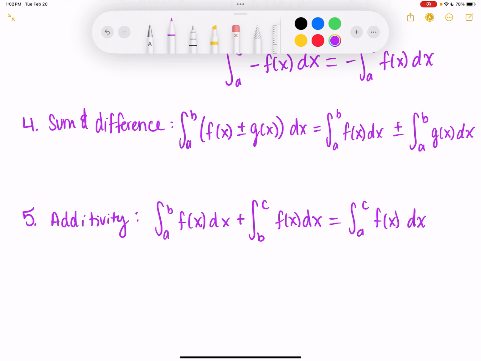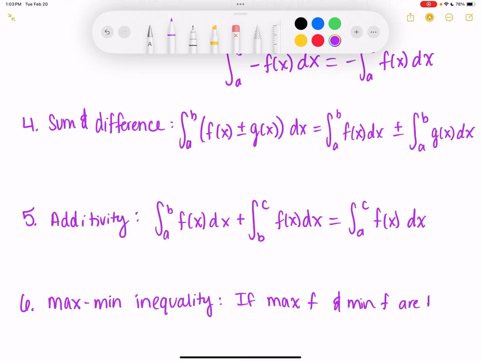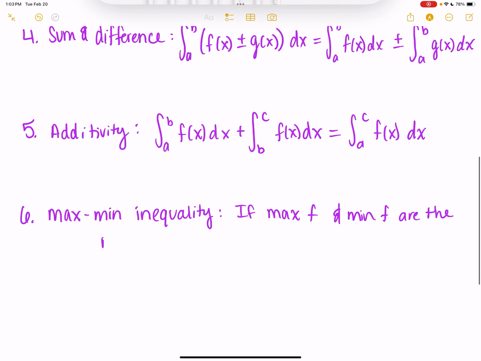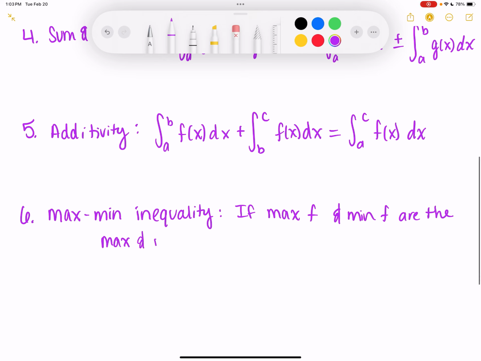The next one is the max-min. Probably wish you didn't have to hear those words ever again after the last chapter. Max-min inequality. If the max f and the min f are the max and min values of f on the interval a to b, closed interval,